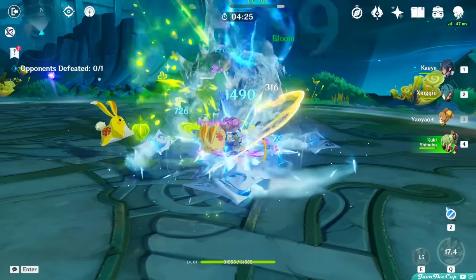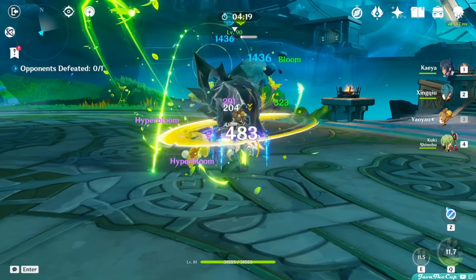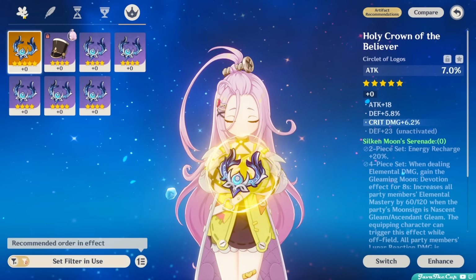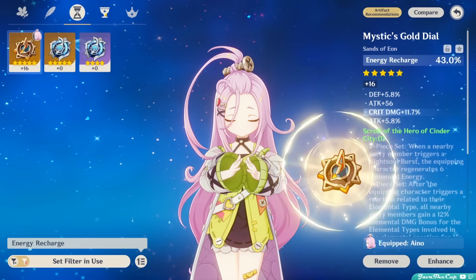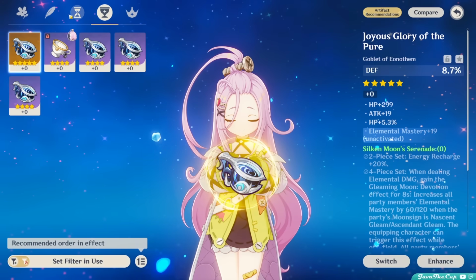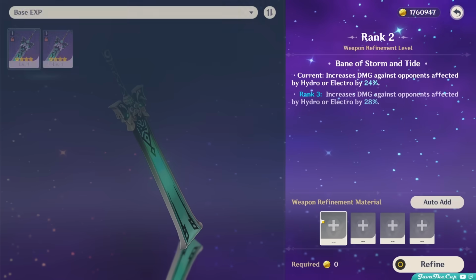Maybe the play is just getting her onto the 4P set, though I would prefer to at least have the right main stat. After quite a number of runs, technically, I could get her the full set bonus, but none of these pieces are even the main stat that I want. And this is kind of random, but I did notice from earlier, we had gotten another copy of the